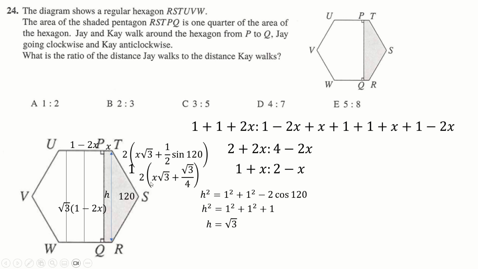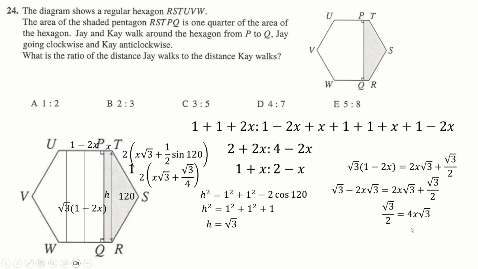And now I've actually doubled all of that, because I'm just going to say that this whole thing is equal to both of these sections. So I've doubled it, and now I can say this thing is equal to that thing. And this will allow me to solve for x. So let's expand that out, group that to one side, and put this over here, times everything by 2, I guess, divide by 8, and the root 3's cancel, and you get x as an eighth,